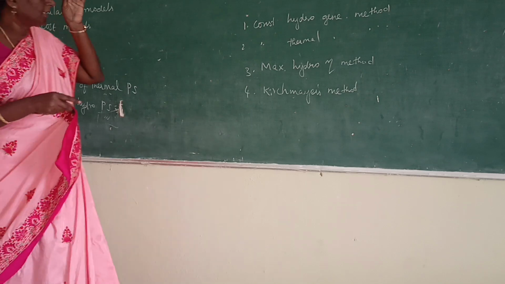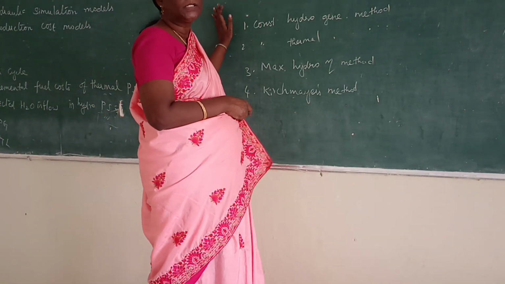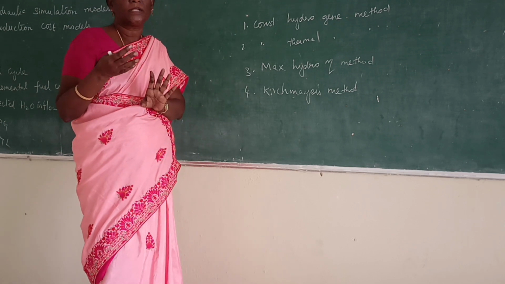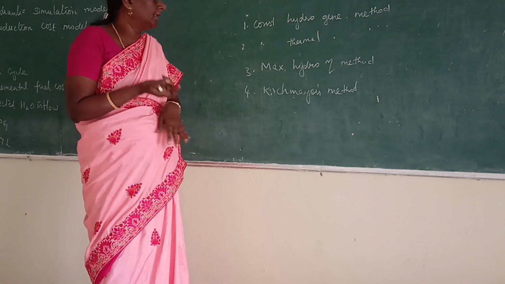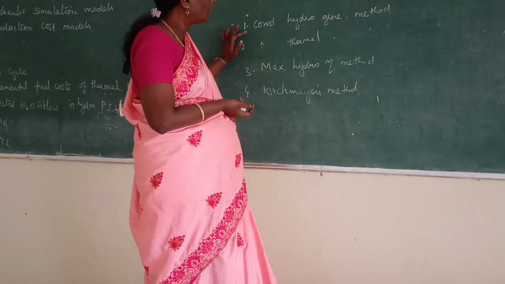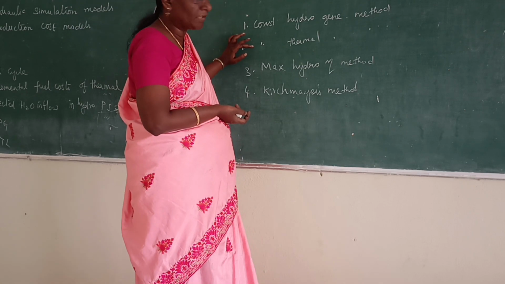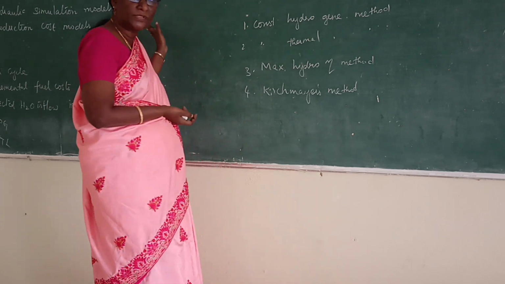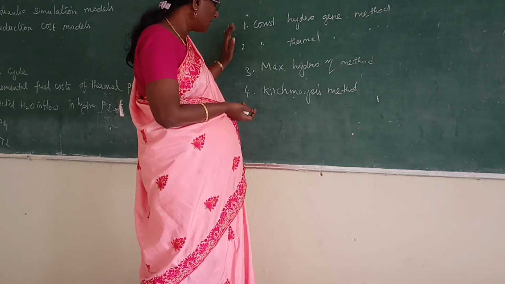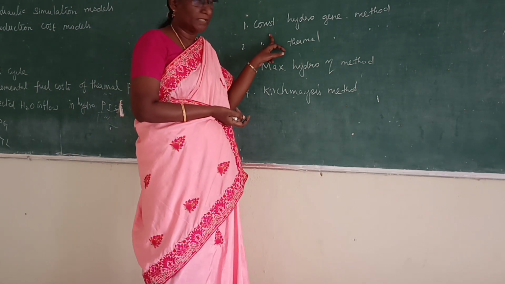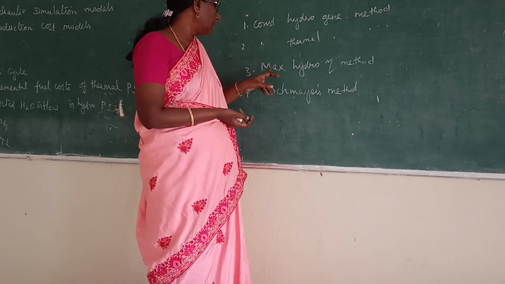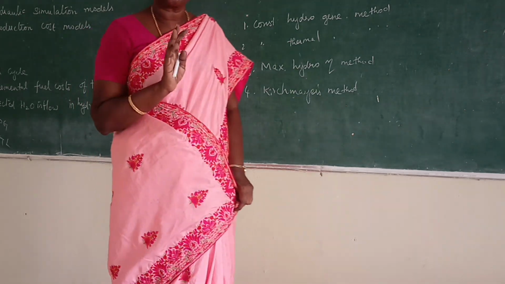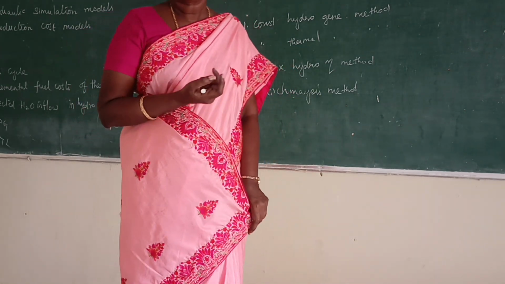Now some important methods for short term. The short term is used only for a particular hour, for a very short period. Some methods are used for long term, where we use the optimization method, but in short term we use other methods: the constant hydro generation method, constant thermal generation method, maximum hydro efficiency method, and fixed-power method. These four methods are used to find out the short term capacity.